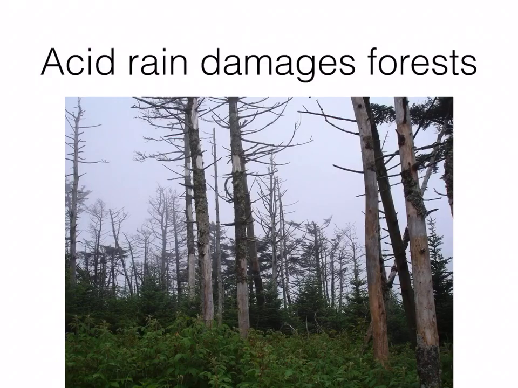Well, first of all, it damages forests. It really, really harms the forests, especially in Sweden. They've seen firsthand how it affects the forestry trees. So what happens is when it rains in the forests, the acid rain washes down to the soil and it leaches all of the nutrients out of the soil. So it washes all of the minerals and nutrients away from the soil. So the roots of the forestry trees can't reach the nutrients. So the trees get weak because they can't access the nutrients because the acid rain has leached and washed all the nutrients away. So the tree is now weak.